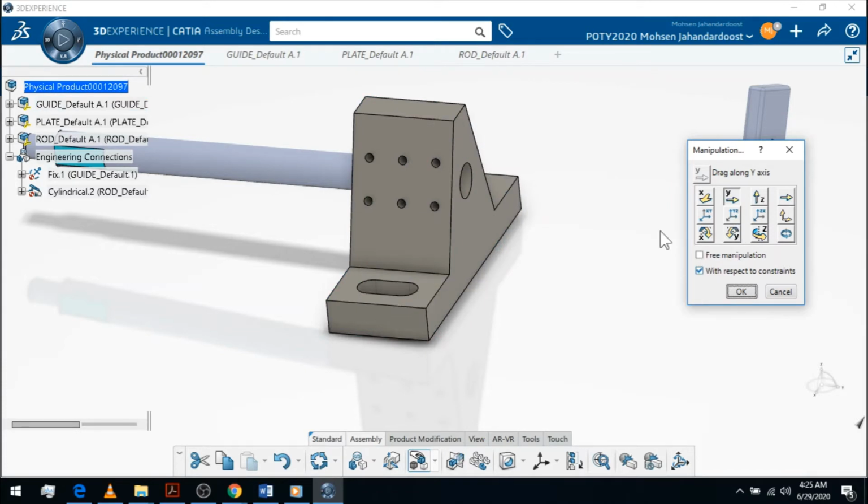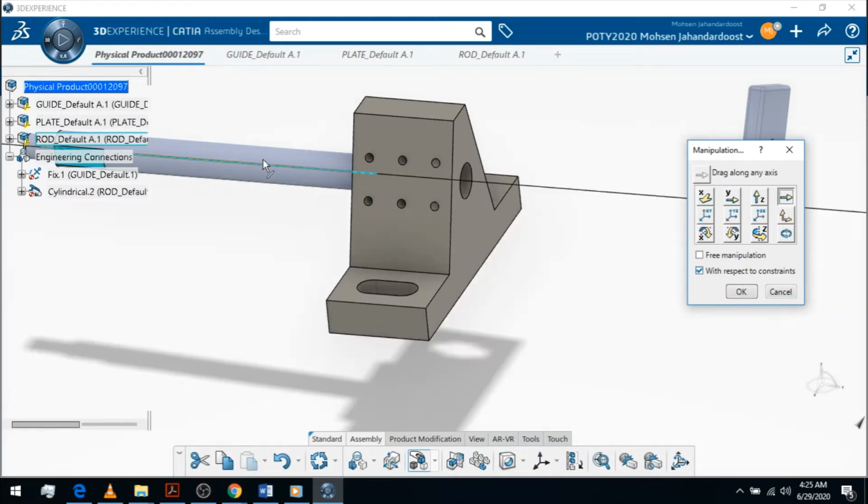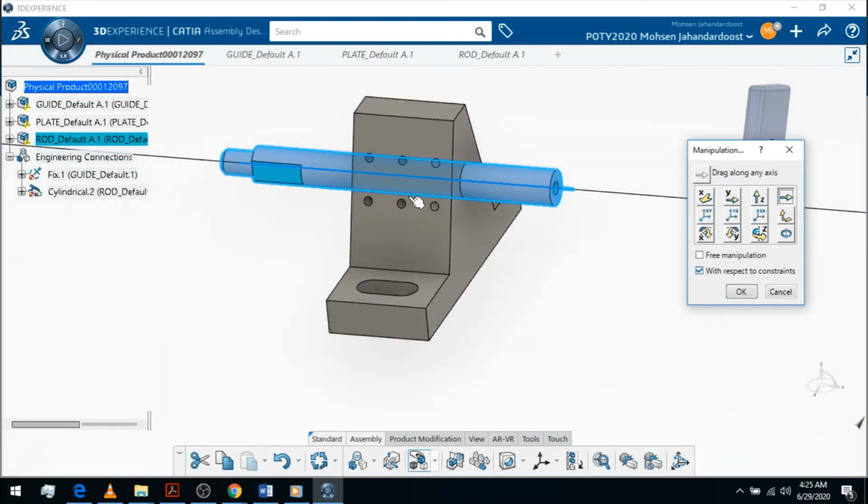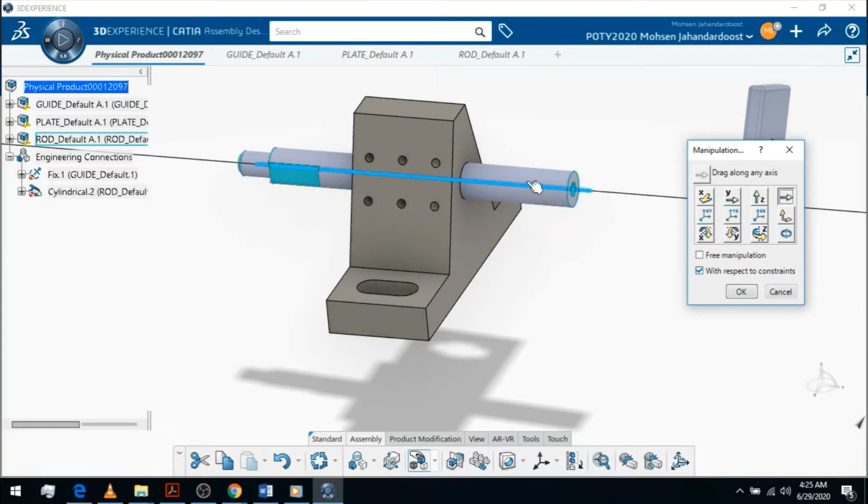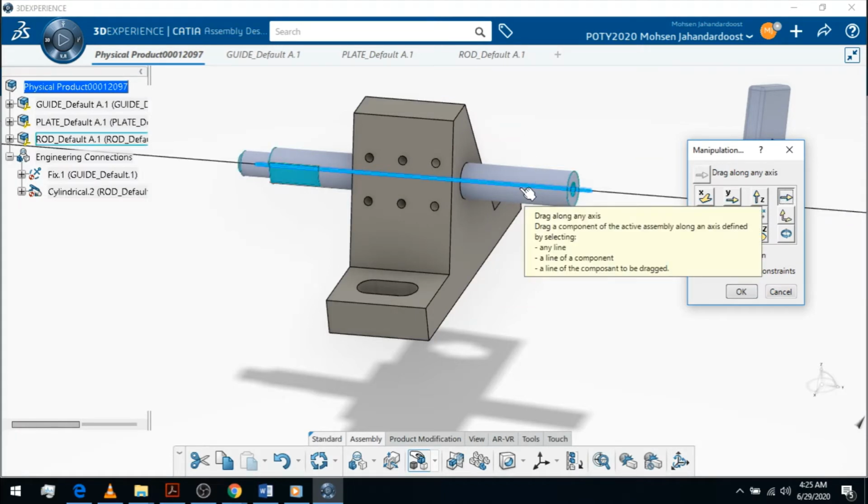So if I click this one, I can only move this bar through this hole. But if I untick this option, then I can move the bar anywhere, outside or inside the parts. So I just want to keep my relation in the part, and then I click through the axis, and I define the axis as the center of my hole and my bar. So I select the free drag, and then I define the axis as the direction of the movement,